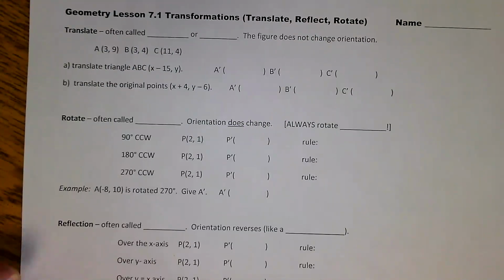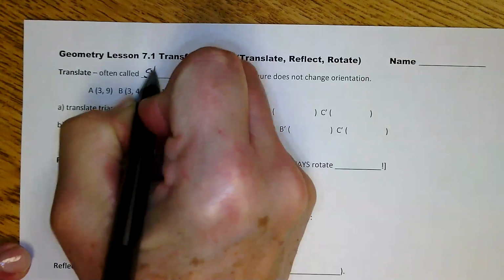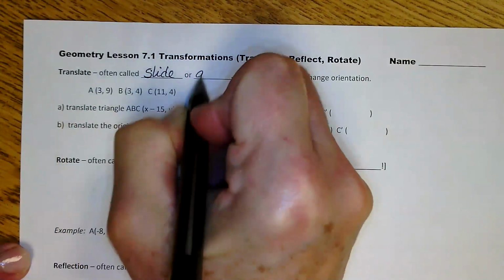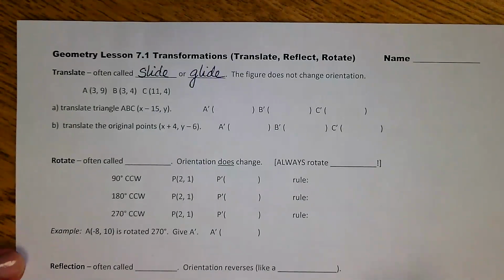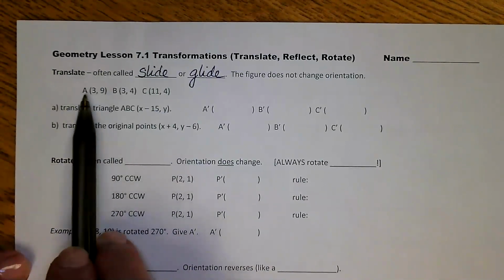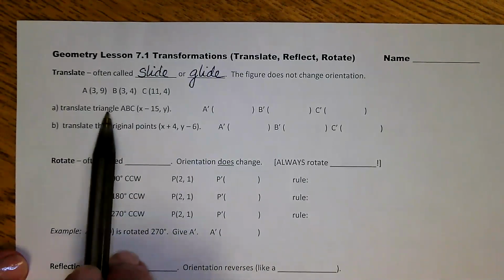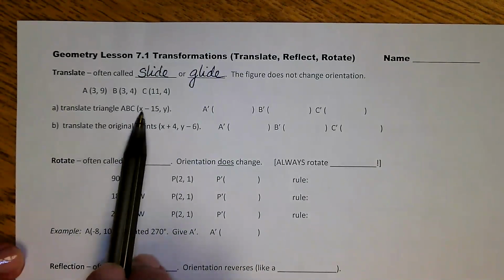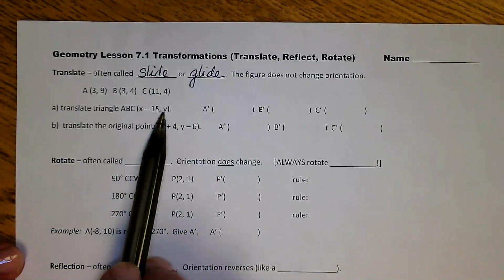Translate. Now, you know what that is. It's just to move it. Sometimes it is called a slide or even a glide, right? Doesn't change orientation. It's still facing the same way. It's just in a different location of the graph. So for example, if we take these 3 points and I ask you to translate by moving left 15 and